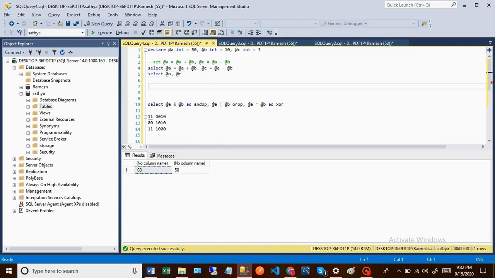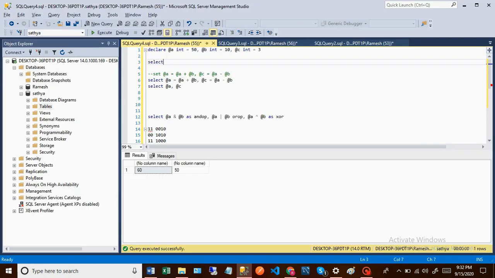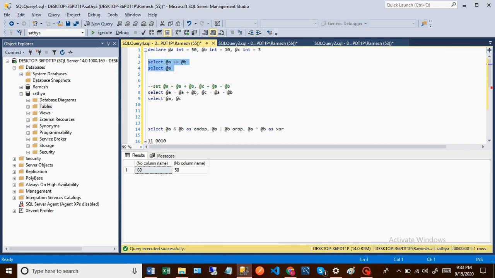And in shortcut, how to do all this simply: select A plus equal B, and so simply we can get 60. Okay.